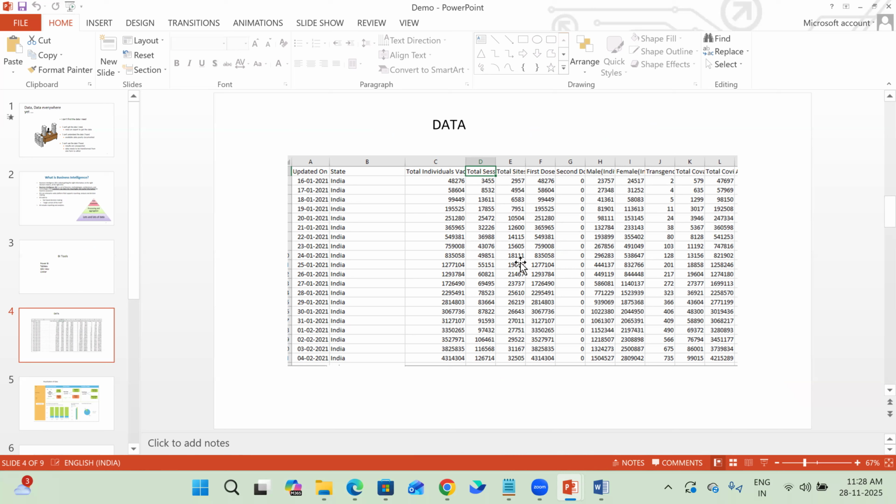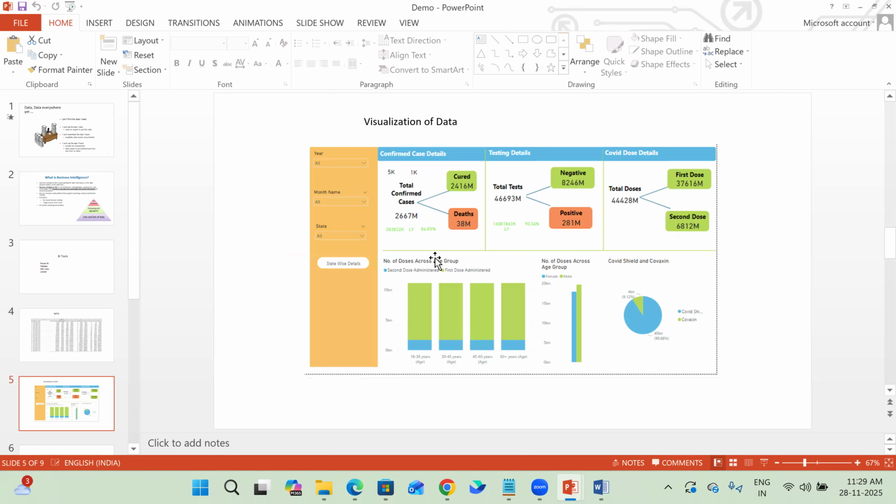If you see data like this, you cannot analyze what the total cases are, from which area, which age group or which gender, what the total doses given are, whether first dose or second dose, and how many cured cases and death cases. If you want to analyze all these things, it is really hard with data like this. But if you show it through visuals,